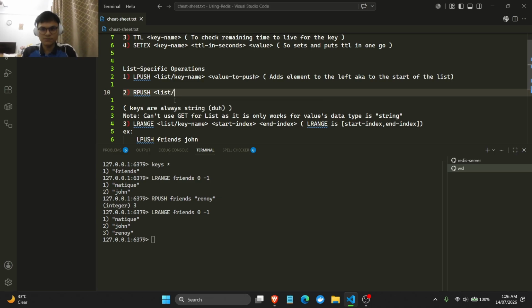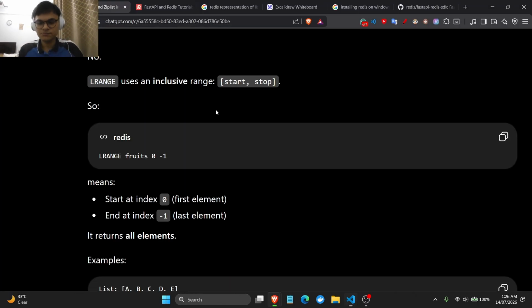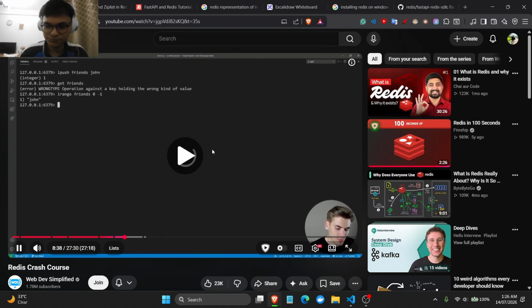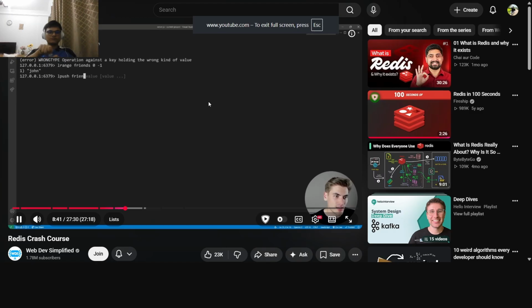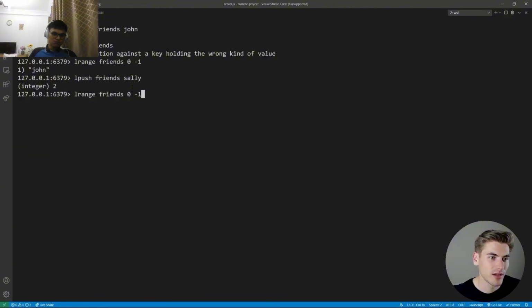Push another item to the left or the start of our list. We can say LPUSH inside of friends because that's the name of our array. And we can say we want to push in Sally here as well. And now if we get all the values, you can see Sally got pushed to the front and then John